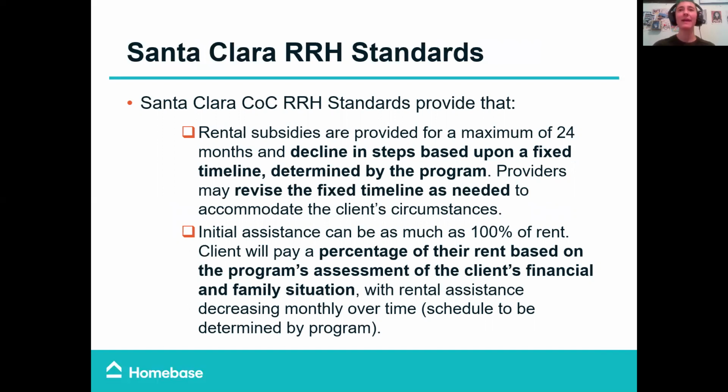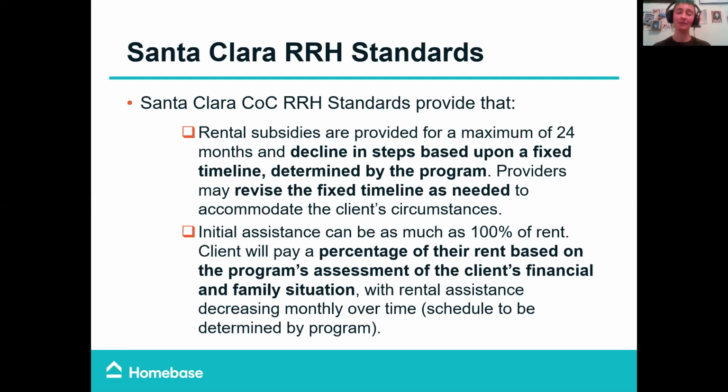So the Santa Clara Rapid Rehousing Standards lay out the rules for rapid rehousing projects in Santa Clara County CoC. And generally speaking, rapid rehousing subsidies have to decline over time based on a fixed timeline as determined by the program. So this gives some leeway and responsibility for the program to establish your own written policies and procedures. And you can change or revise or be flexible with that fixed timeline as needed to respond to changes in